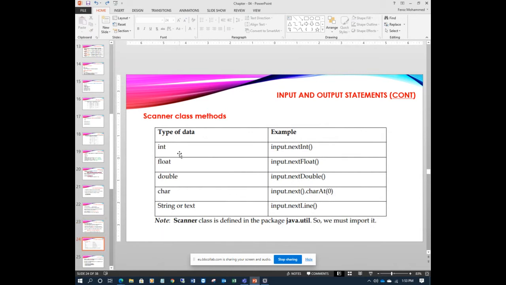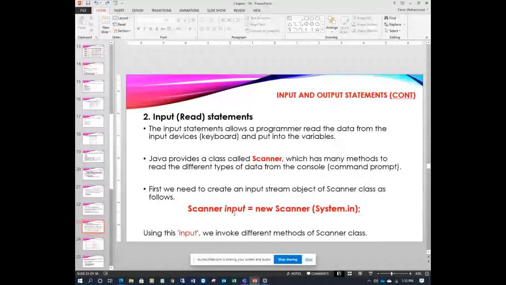Here we have the type of data and an example of how to use it. For example, you want to read integer data.